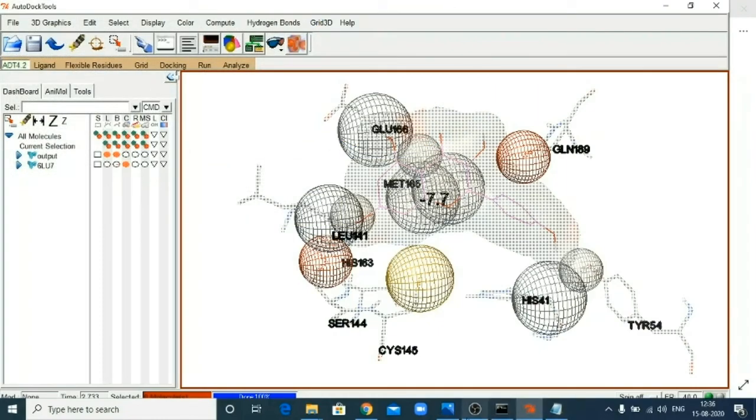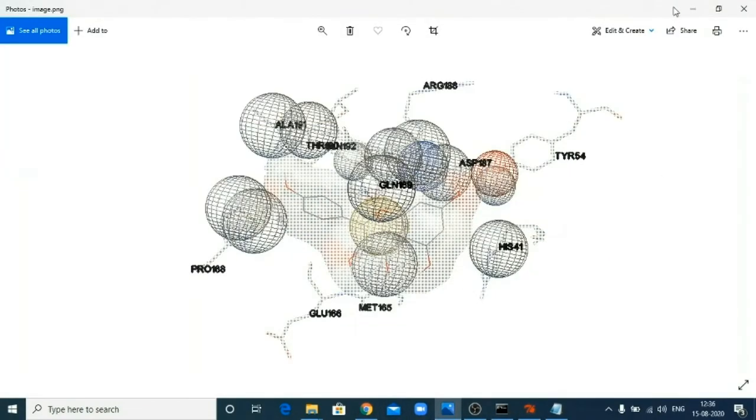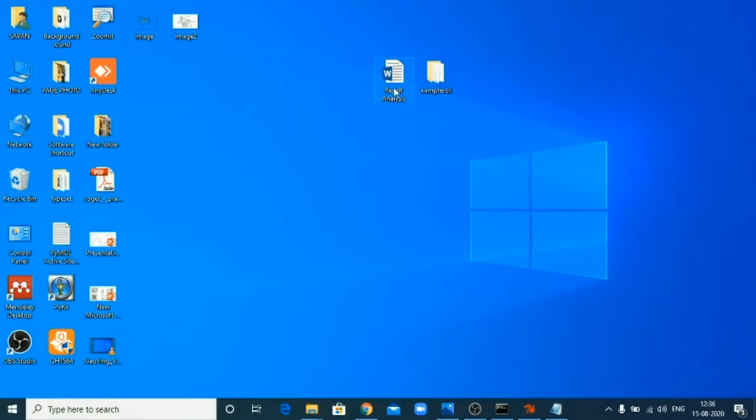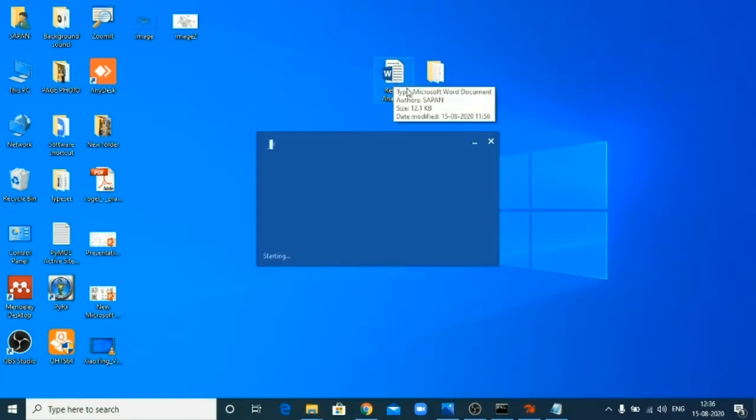I have done it before, so let us open my result analysis file. Previously I have done the same result analysis and noted it down in my Word file.